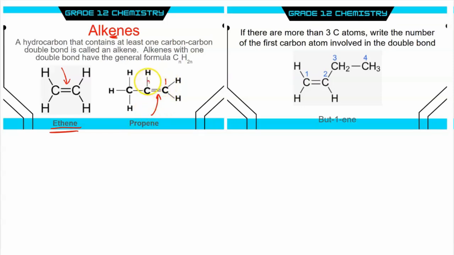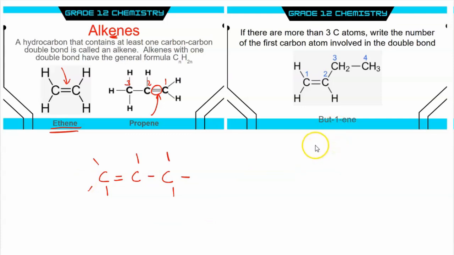So if we did 1, 2, 3, and if we attach it at 1, that is the same thing if I were to do this right here. And in this case, I would simply start counting here, 1. Right, so we don't need to specify a number in either of these two cases because it's obvious where that double bond will be. However, if we have more than 3 carbon atoms, we need to say where that double